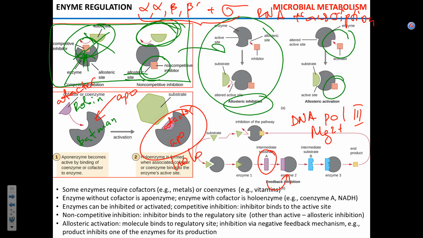Glycolysis is an example of a linear pathway. Krebs cycle is a cycle. Okay? Heterolactic fermentation is a splitting pathway. Now, in many cases, the product of the entire pathway, the end product, will serve as an inhibitor